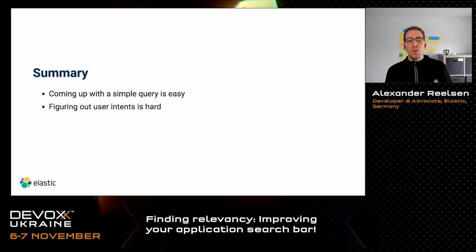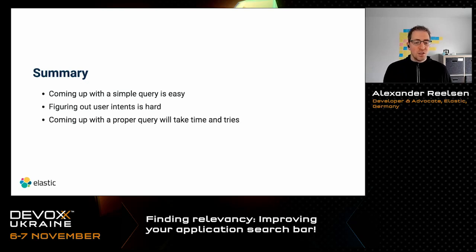But the next step you always have to do is figuring out user intents. This also means you have to know what your users are searching for. So logging their queries and analyzing those actually makes a ton of sense. And after doing that, you can also think about not only logging the queries, but also figuring out in the UI, did they really click on the first result? Did they paginate through to the 10th page, which usually means that they did not find what they were searching for, to mix and match and understand what the user is trying to do. And of course, talking to your users is a good idea as well most of the time.